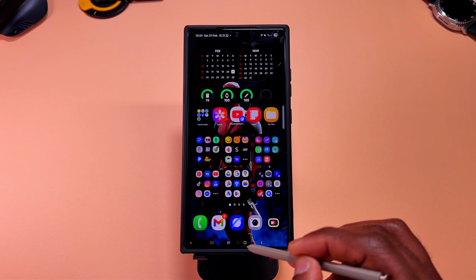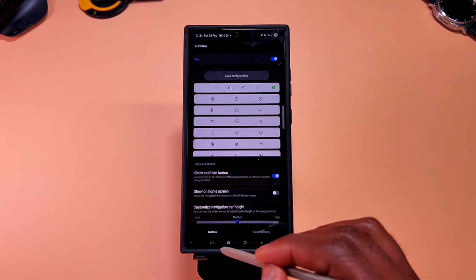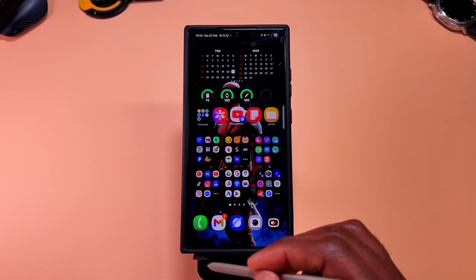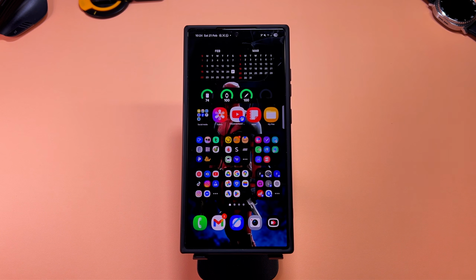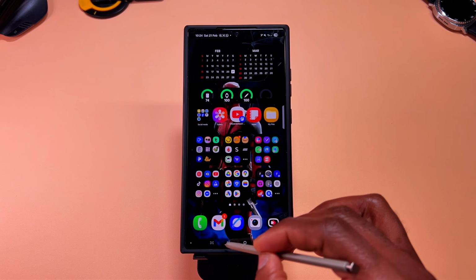But if in here I toggle this off and I'm back on the home screen and I double tap this, then it's going to go away. So you get to tweak it to that extra next level to have it gone from the bottom. All right,